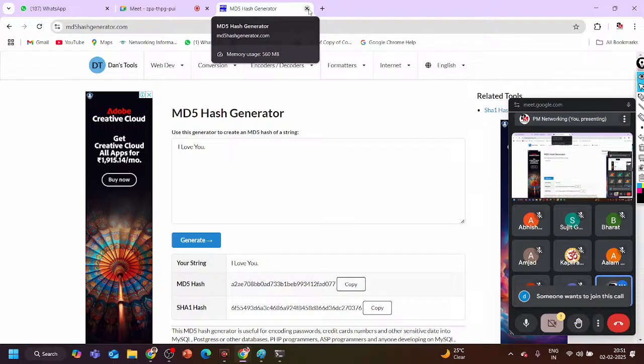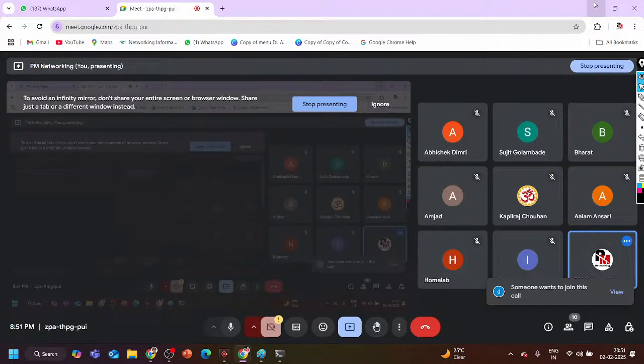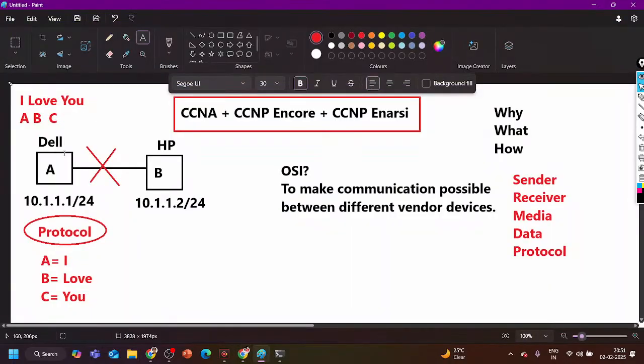So whatever algorithm the sender machine is using to calculate the hash value, the receiver machine should already have an idea about that algorithm. Whatever language I am using to teach you, you should already have knowledge about that language. This particular thing is called